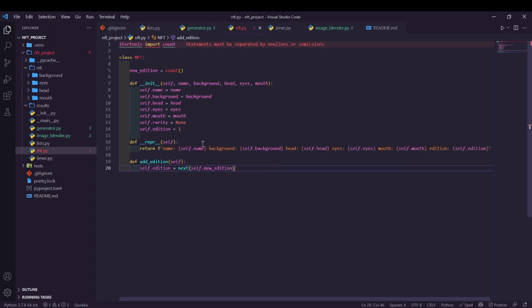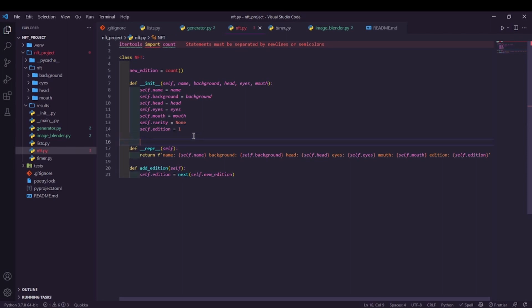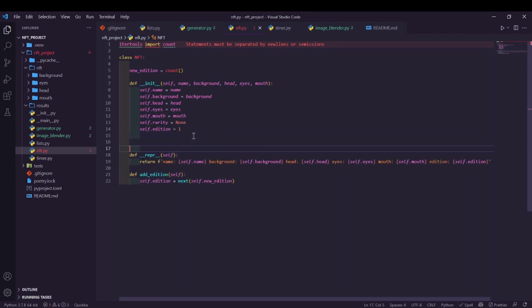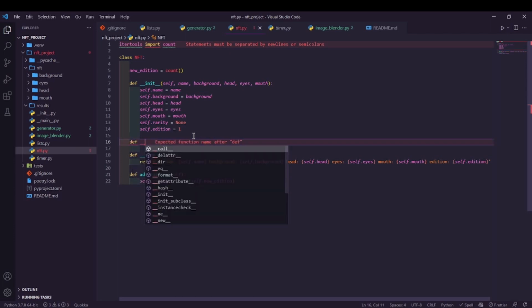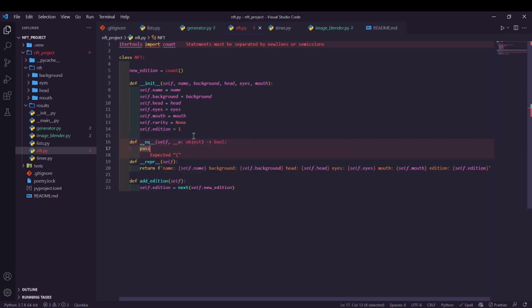The next method that we're going to need to add to our class is EQ. It's a magic method, a dunder method, if you will. I like that it's typed like that, kind of, but I also don't. There we go. So this magic method, okay, yeah, it already